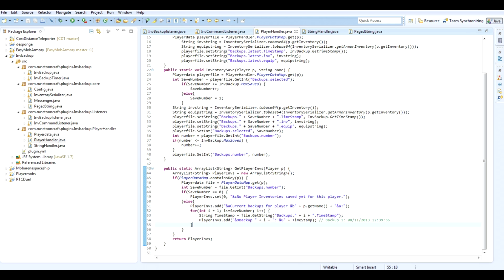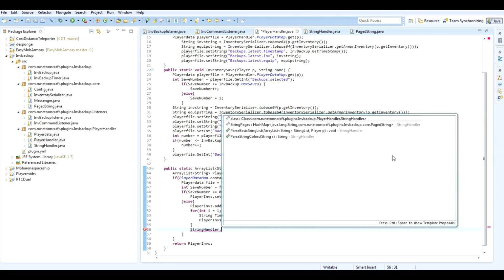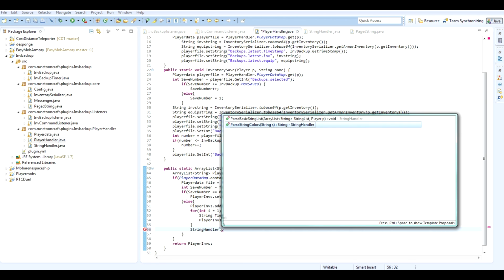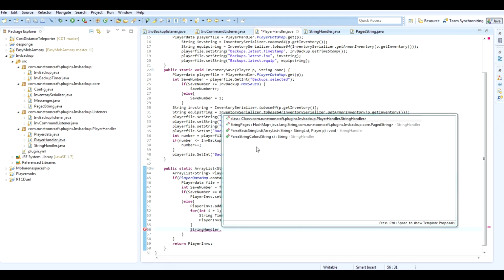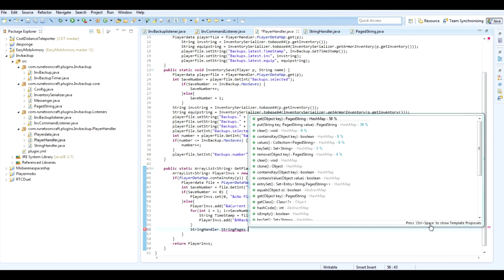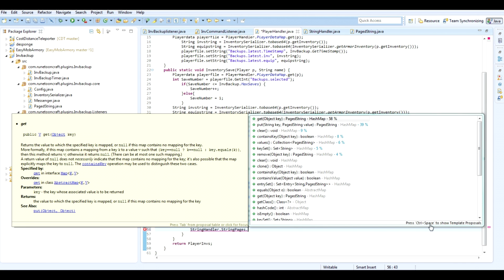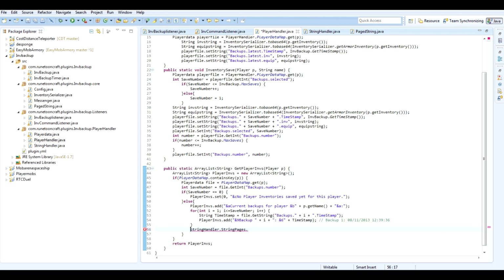Now we don't want to return player ims. What I want to do is now go string handler dot string pages dot, I want to do an if statement first. So if